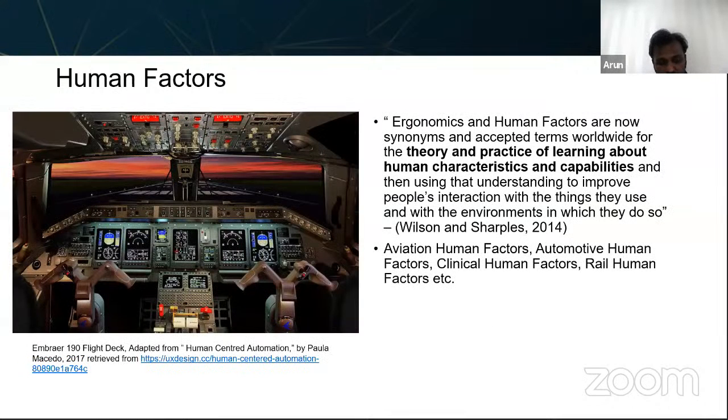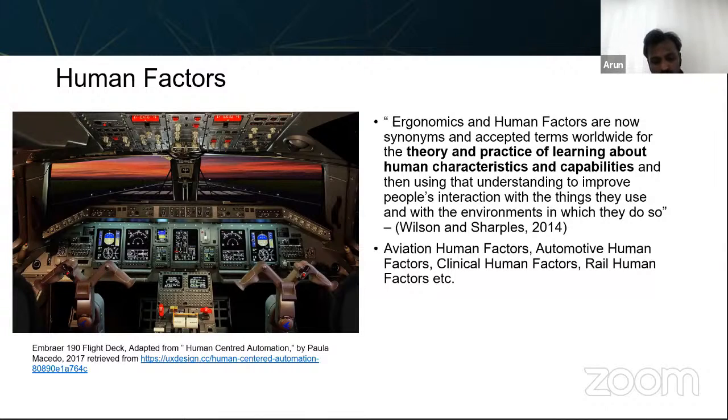So when coming to human factors, that's the area which tries to understand how to design systems based on human needs. Of course, if you look at an aircraft cockpit, that is one of the complex systems. You can see the number of dials and gauges, and different information coming from that particular system, and the pilot has to handle most of the situations. So it's not very easy. It involves a lot of complexity when you try to design cockpits or different systems, especially in the aviation industry compared to the automotive domain.